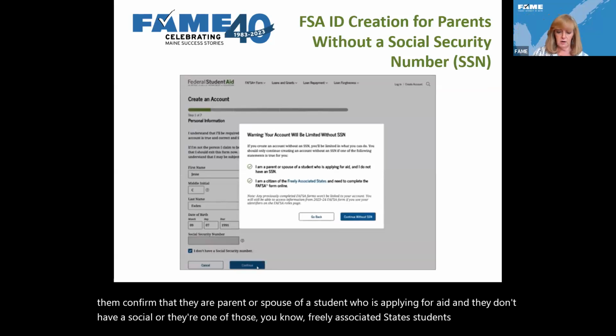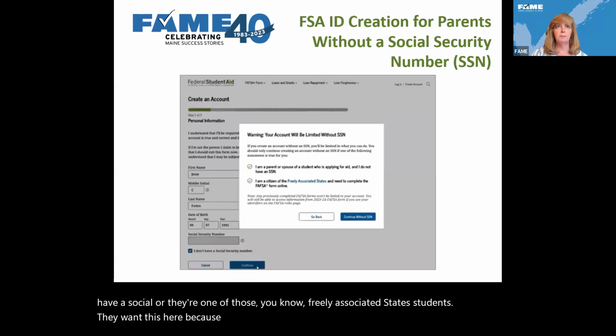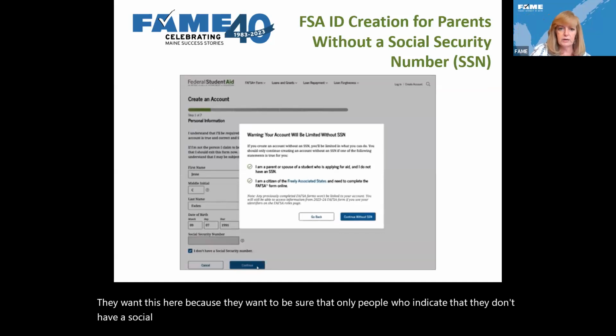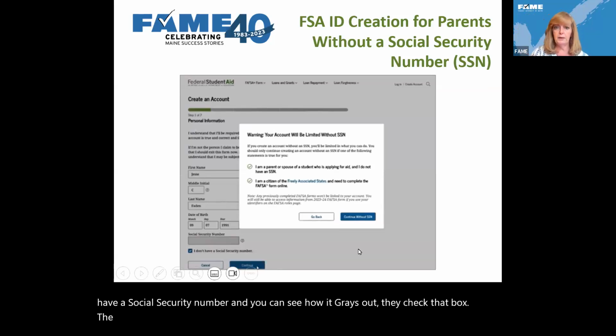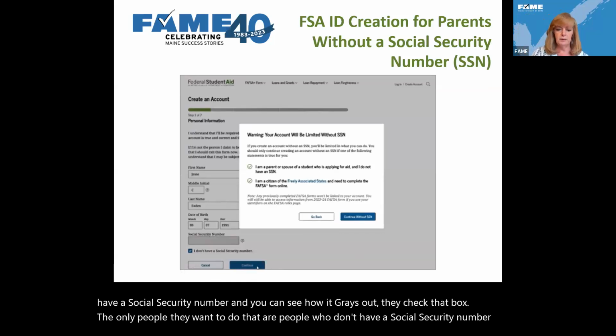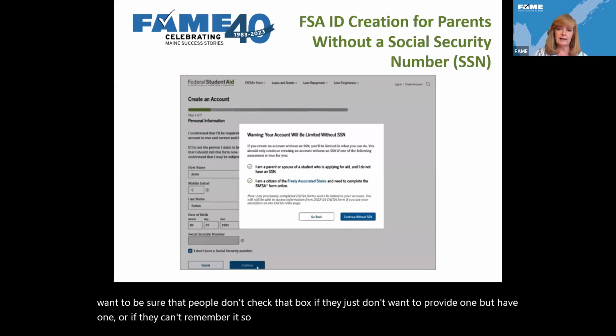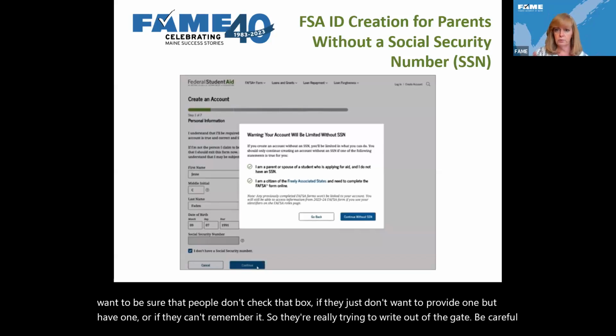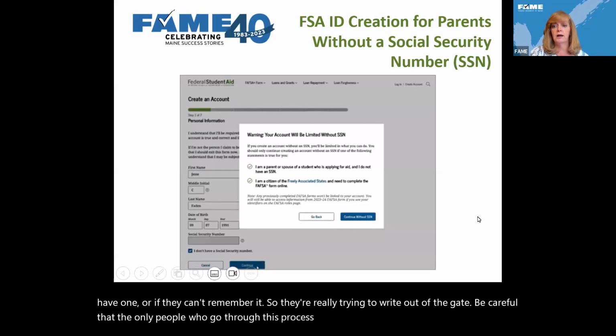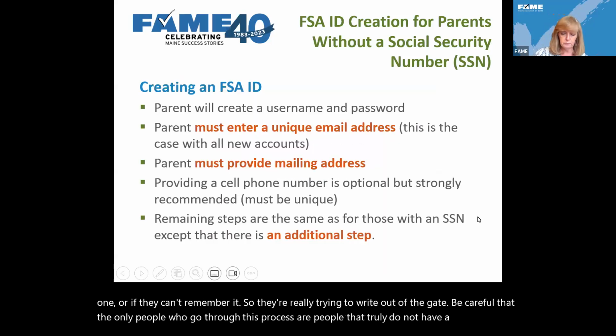They want this here because they want to be sure that only people who indicate that they don't have a social security number, and you can see how it grays out if they check that box, the only people they want to do that are people who don't have a social security number. They want to be sure that people don't check that box if they just don't want to provide one, but have one, or if they can't remember it. So they're really trying to, right out of the gate, be careful that the only people who go through this process are people that truly do not have a social security number.